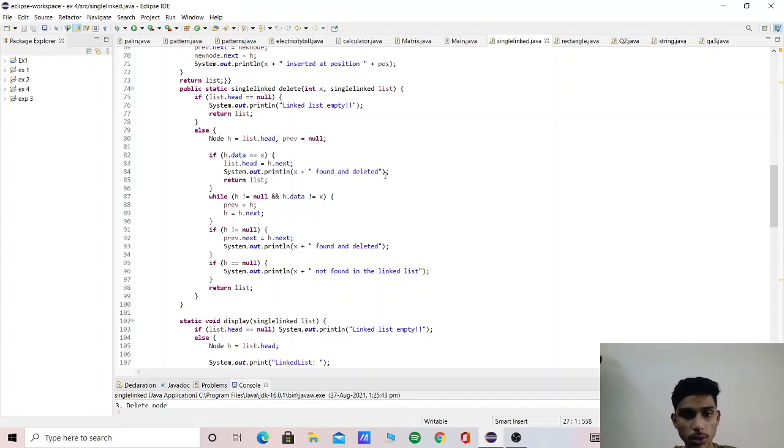That means it points to the position of an element and deletes that element. While h is not equal to null and h.data is not equal to x, prev = h, h = h.next. If h is not equal to null, prev.next = h.next. It shows found and deleted, otherwise not found in the list.